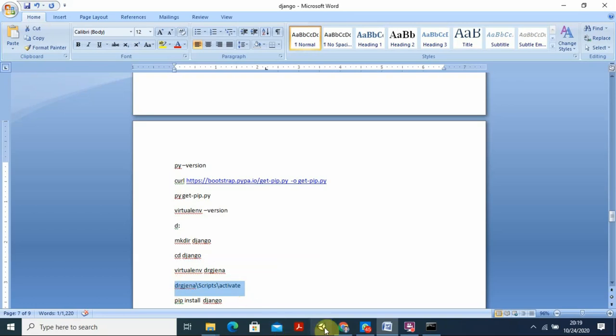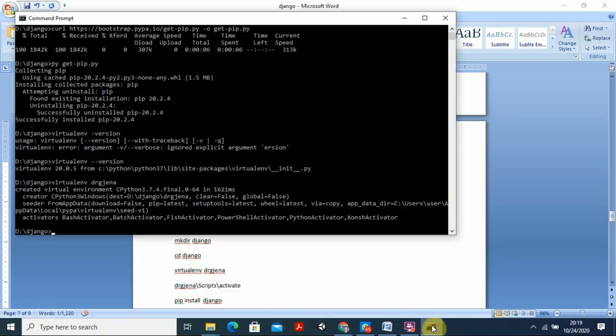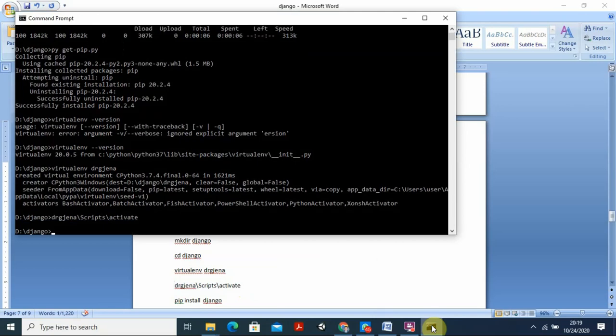The same thing I am using for running this one. Now let us come on, and you Control V. I put it here, and I am going to activate. Yeah, it is successfully activated here. Now the next step, the activation is there.